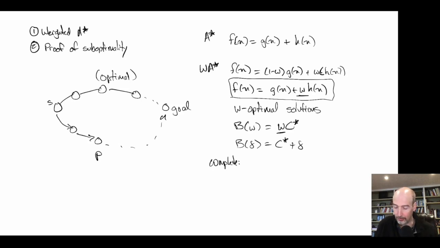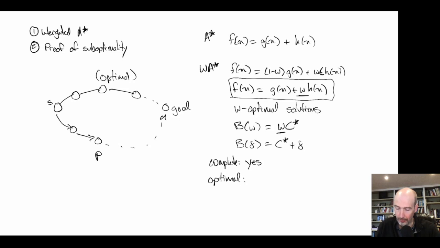As long as the graph is finite, and we could be looking at similar conditions, we can show that this is complete. Basically on a finite graph, with weighted A star or any ordering of nodes, as long as we keep all of the successors and put them into the open list, we're going to be guaranteed to find a solution or a path to every state that is reachable. So weighted A star is just some priority function here. We're not changing the nature of the best first search, and so best first search on a finite graph will be complete. Now, in terms of optimal, it's not hard to show that this algorithm will not be optimal,